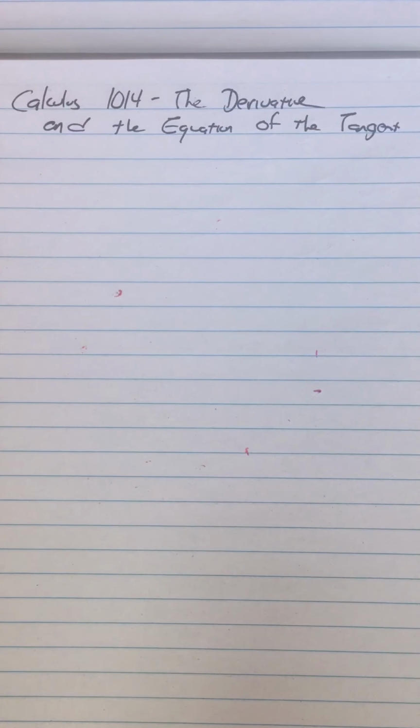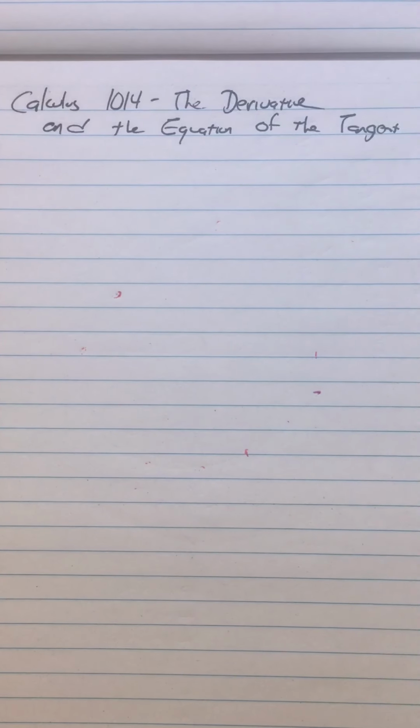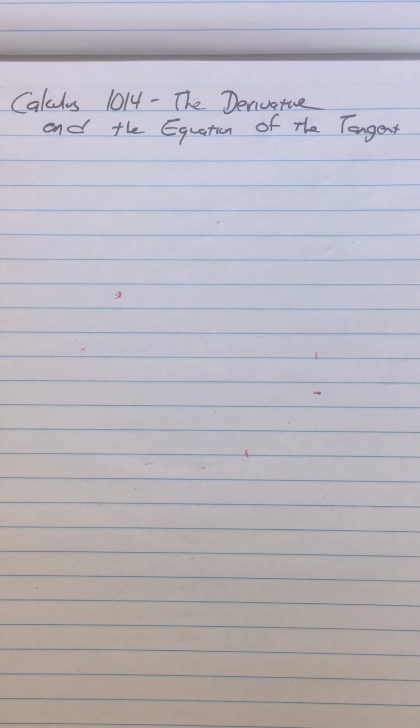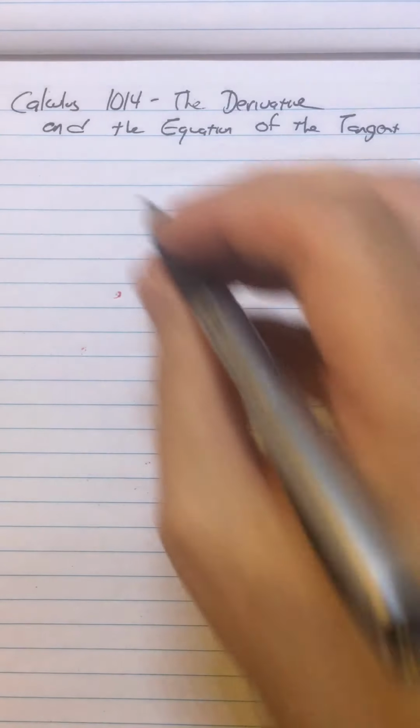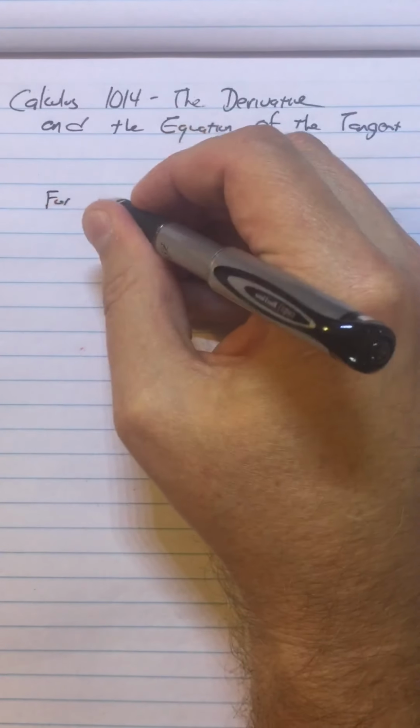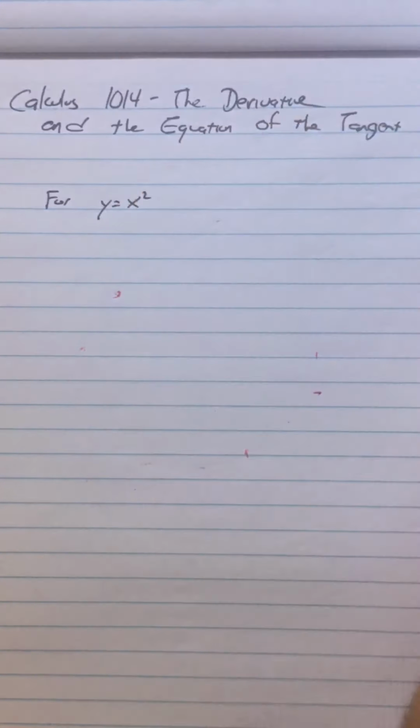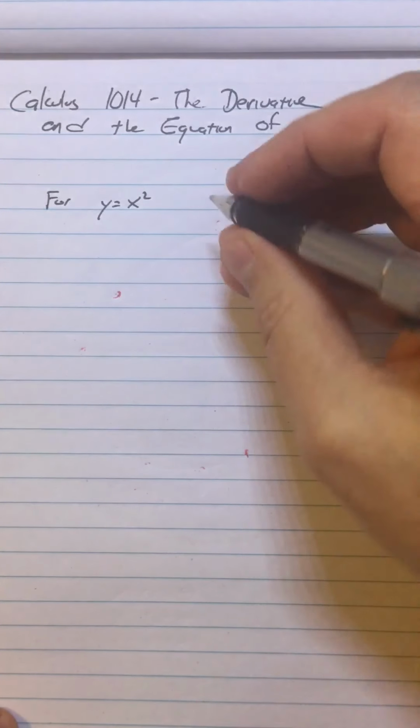So all our previous work in terms of instantaneous rates of change were about instantaneous rates of change in time. So now we're going to talk about instantaneous rate of change in space. This is basically just the idea of slope. So for example, for the function y equals x squared, or really the graph of y equals x squared, what